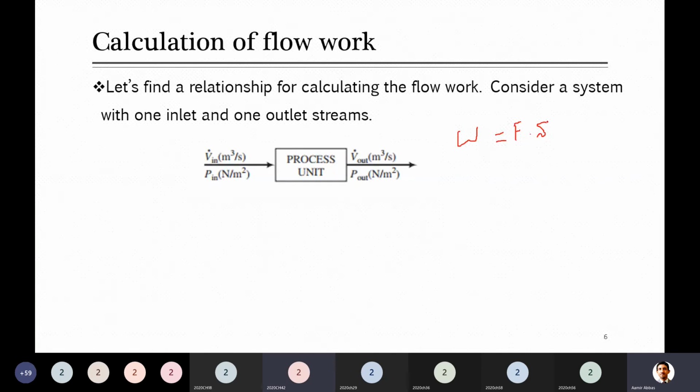Oh, okay, good. Already you guys know, but is that equation, W equal to PV, related to F into S, force multiplied by displacement? Is there any link between these two equations? Are they the same thing or different? Sir, both represent energy. Yes, both represent energy in the form of work, but I'm asking you that this is F multiplied by S this time. So if we have this equation, can we convert it into the pressure into volume equation? Yes, we can. How will you do it?